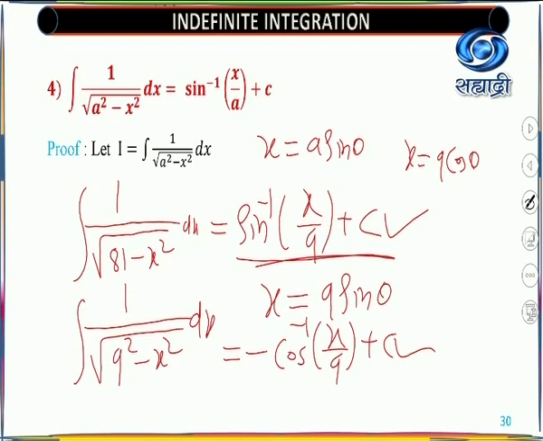This type of answer will be given in the JEE exam. JEE multiple choice questions can have more than one correct answer, so there will be two answers given. You start confusing whether this answer is right, but you tick both the answers in the MCQs. But here, when you solve the examples in our board examination, this answer will give you the complete marks, and this answer will also give you the complete marks. That means it depends upon your substitutions.